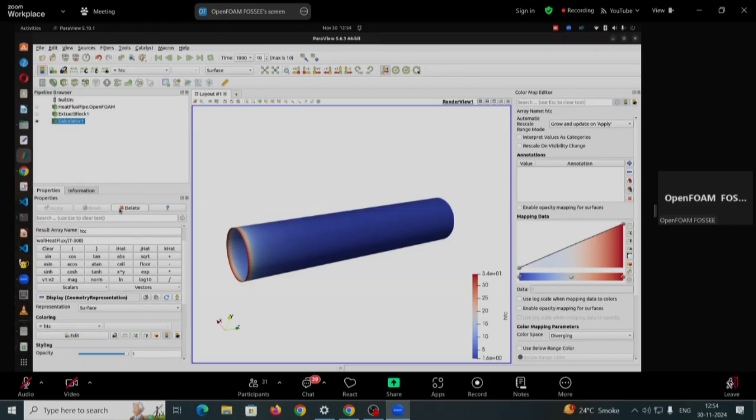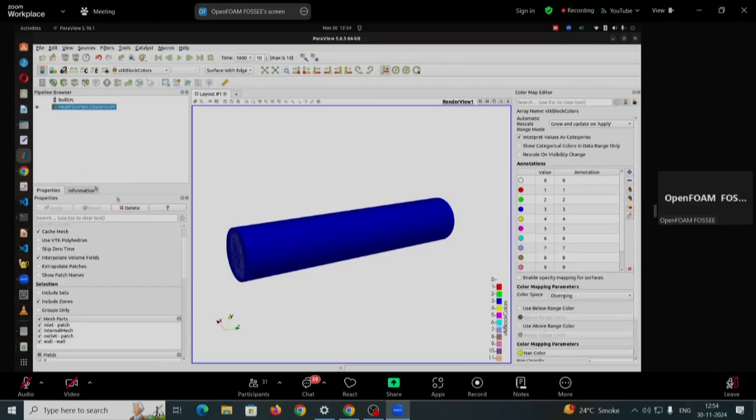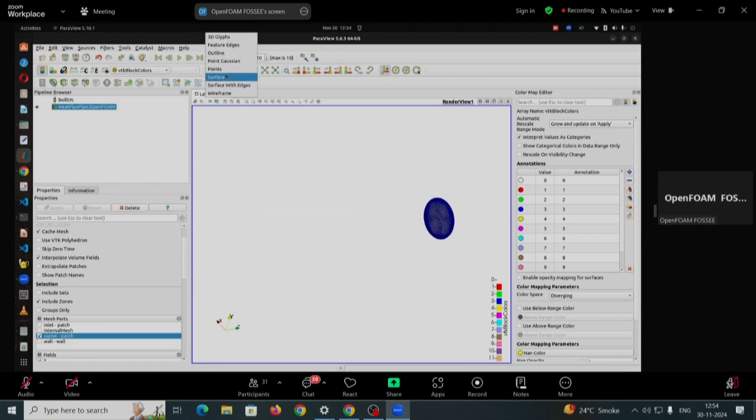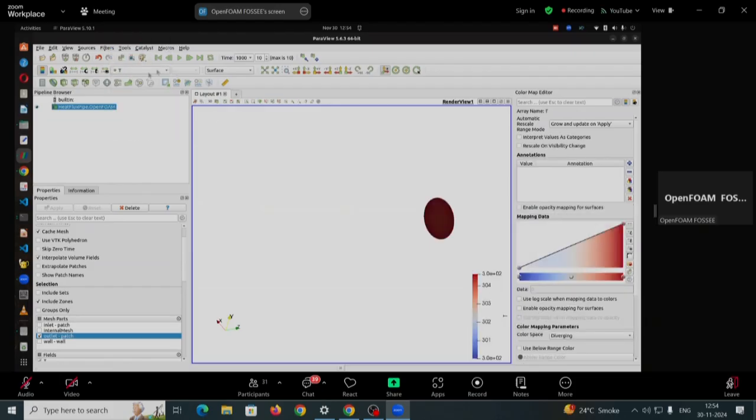I extracted the block. Maybe let's delete this. I will just directly from here, for simplicity, just look at the outlet patch. If I click on the outlet patch and then click apply, I am viewing only the outlet patch. I want to view only the temperature over here. If I rescale it for the current time step,